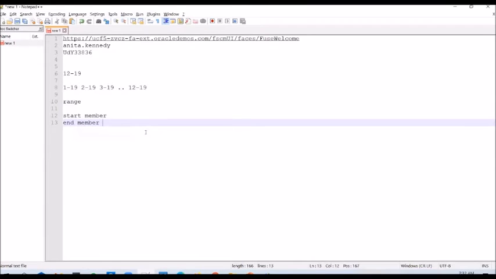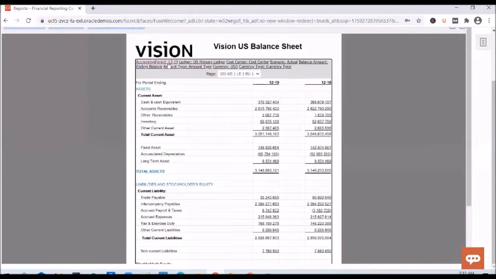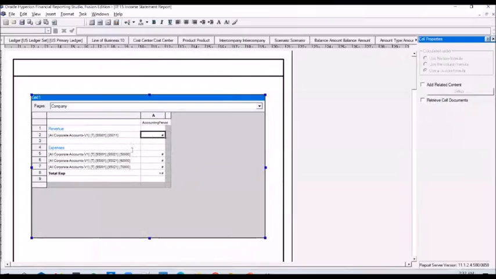What is going to be your end member? End member means where the range should end. The range should end with 12-19, which is nothing but the value that user has selected in the accounting period point of view. So whatever value user has selected here, that is going to be my end period.